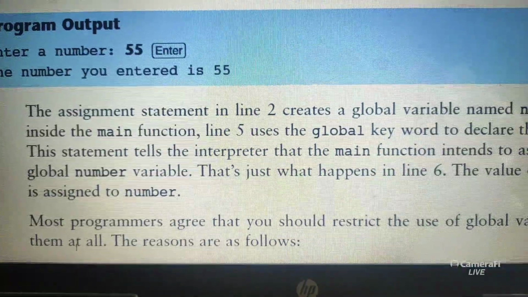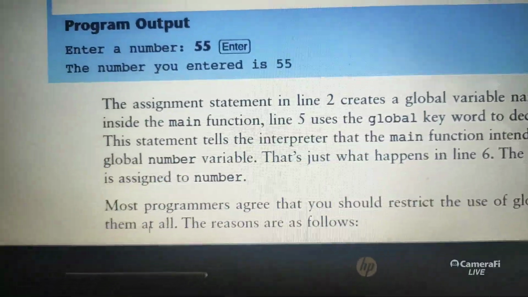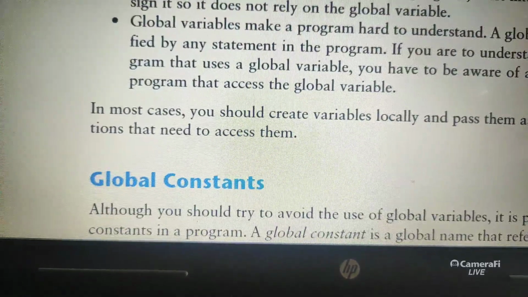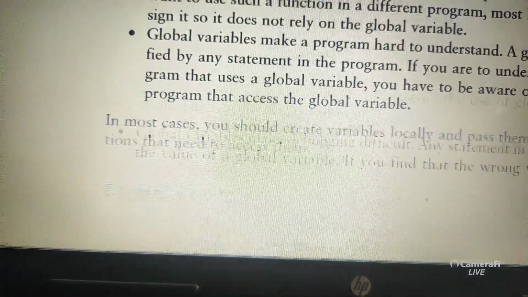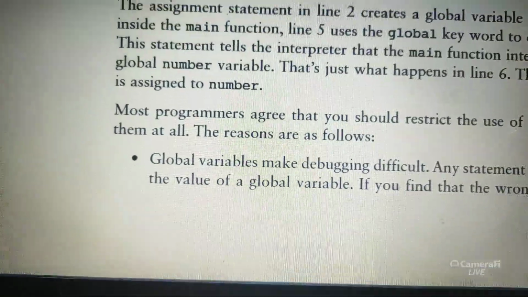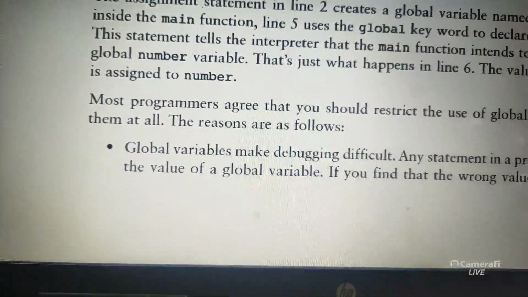But which option is better, whether we'll go for a global variable or a local variable? Which one is best, sir? Some people will feel difficulty with using global variables. There are certain problems.